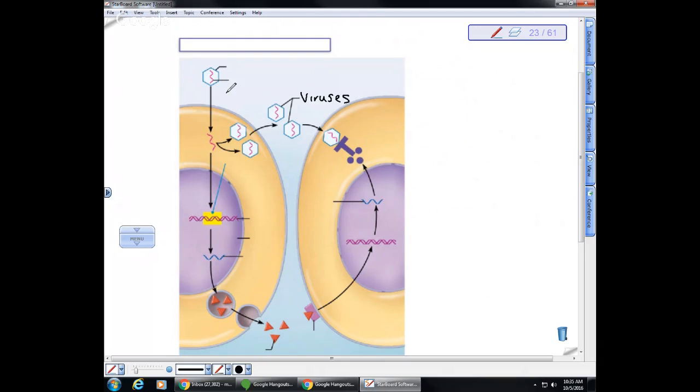What are the macromolecules that make up a virus typically? The outer coat is composed of, nobody knows? Protein. Okay, and some viruses have DNA, some have RNA, so I'll just put DNA in this particular instance. Some of them, when you talk about retroviruses, have RNA. So this is the